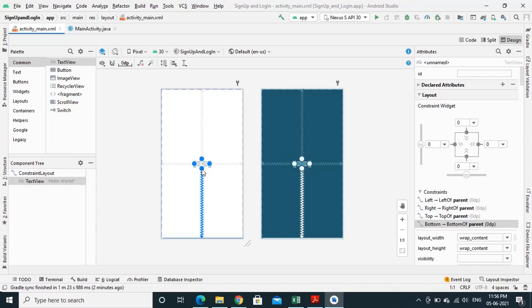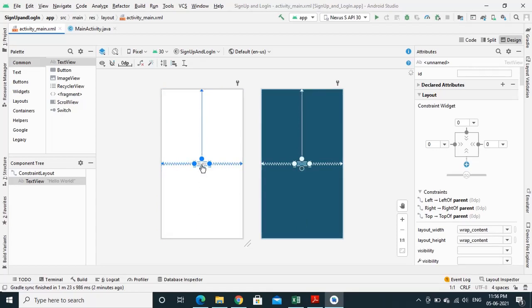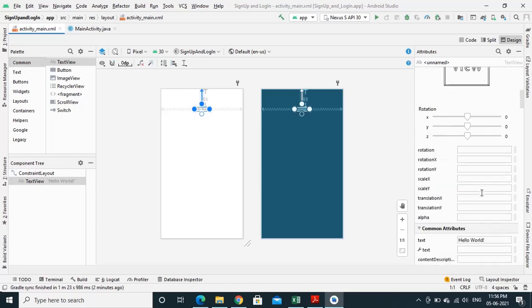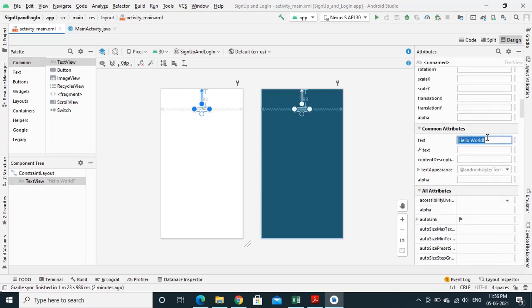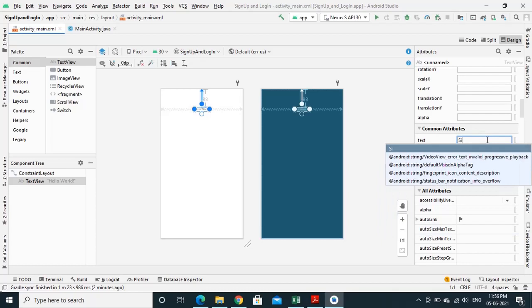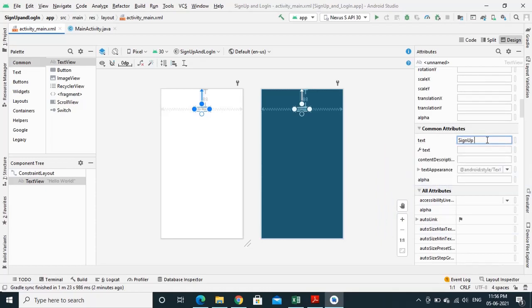The first activity is sign up activity. Change the content, that is text, as sign up activity. Make the text appearance as large.